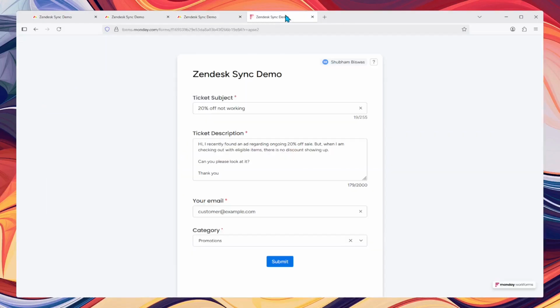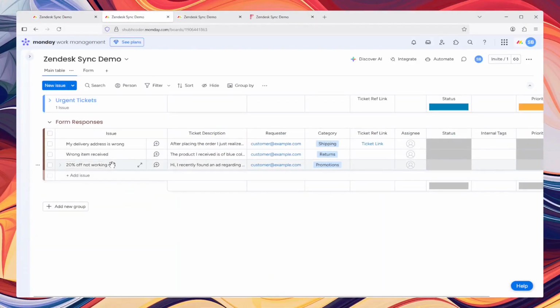Let's quickly switch to the form, and let me just click on submit, and I'll switch to this board. You can see that the item got created. Just keep an eye on this column. Once the ticket gets created, it will get populated, and you can see that it did get populated. Now I'll just click on this link to switch to the Zendesk platform and see whether the ticket values were